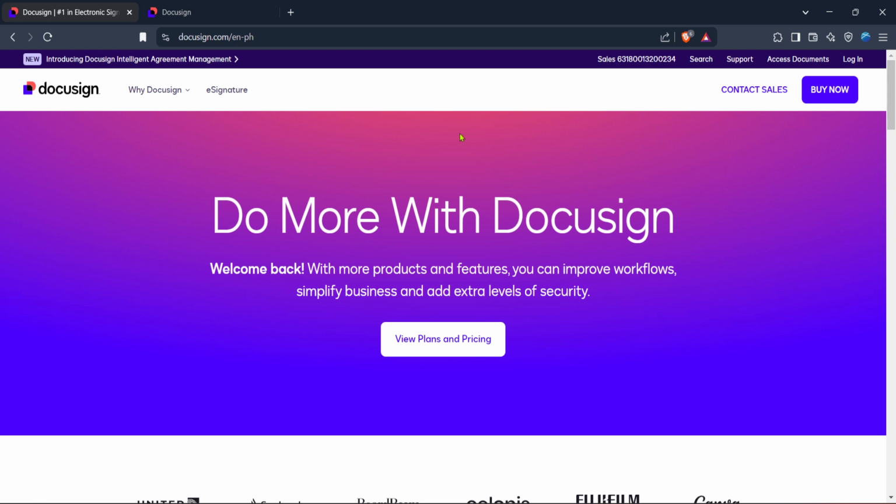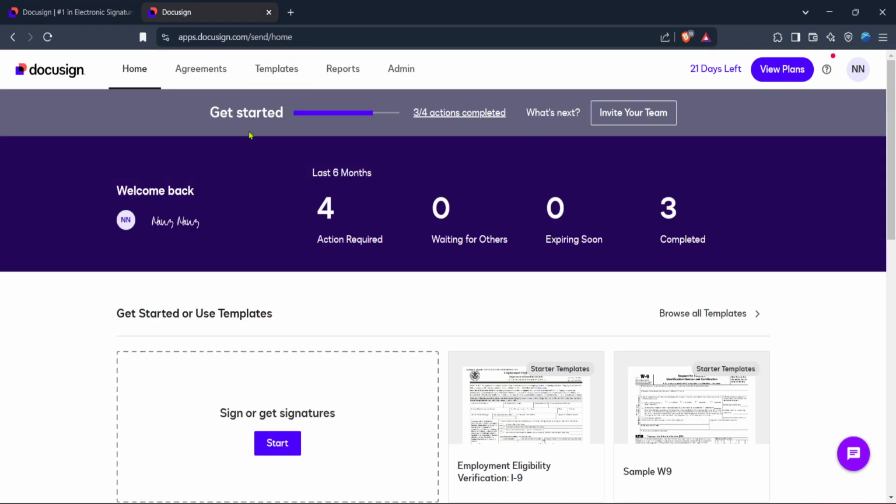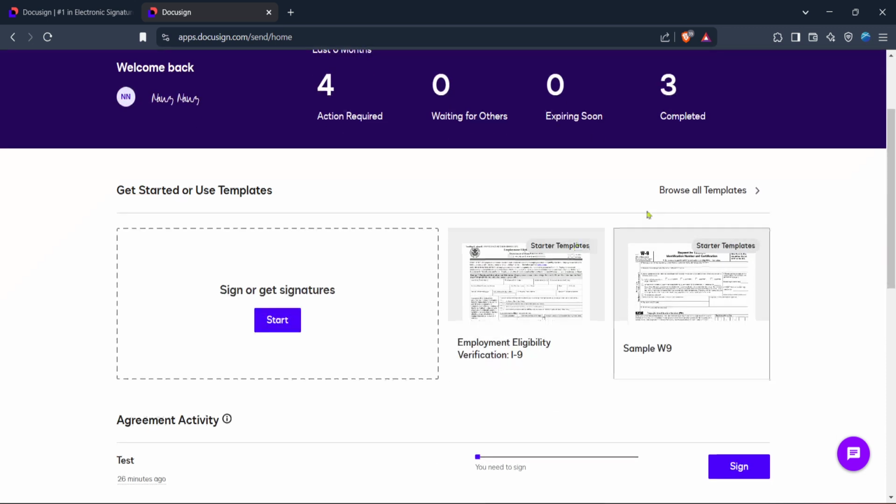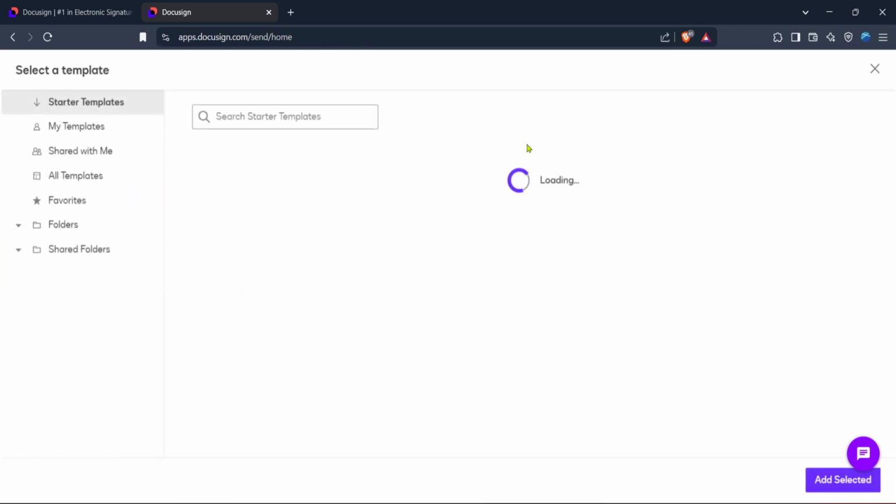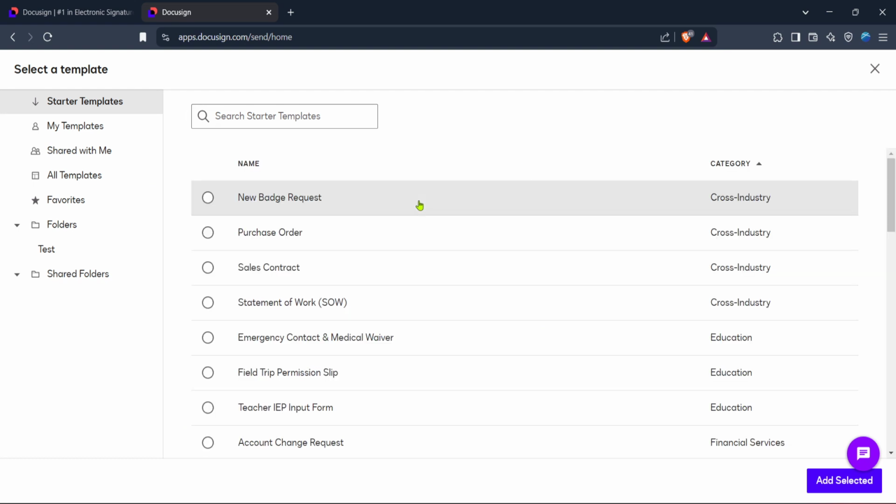Once you've successfully logged in, you'll be directed to the Docusign home screen. From here, the navigation is quite intuitive. You'll want to navigate towards the templates option within the interface. Clicking on that will open up a library of templates that you've previously created or shared with your team. This is where Docusign's strength in organizing and managing documents really shines through, allowing you to efficiently handle various documents